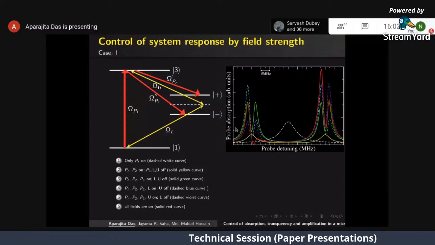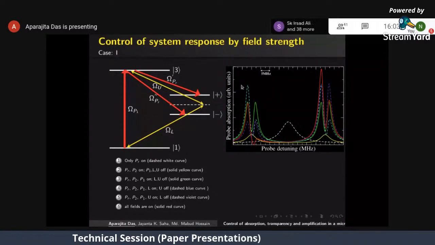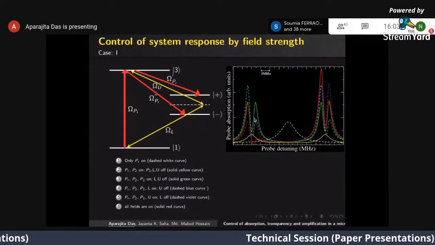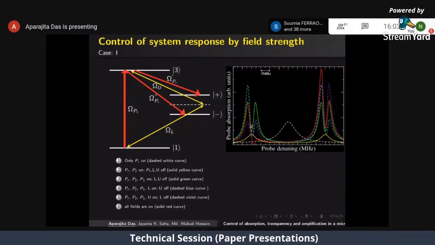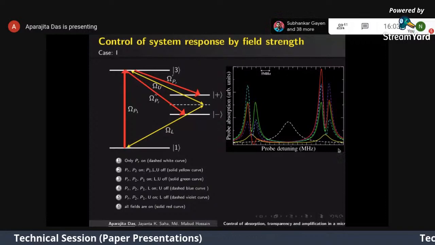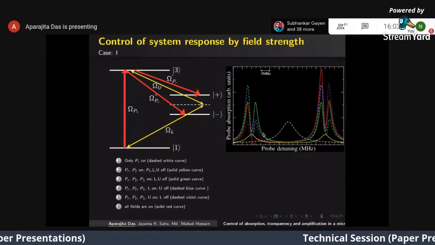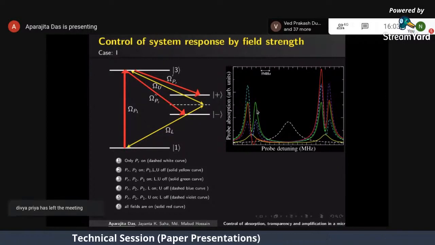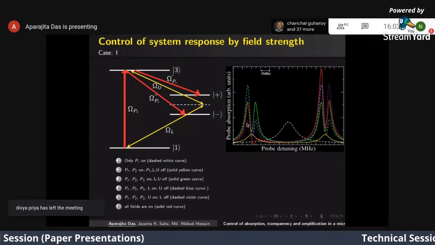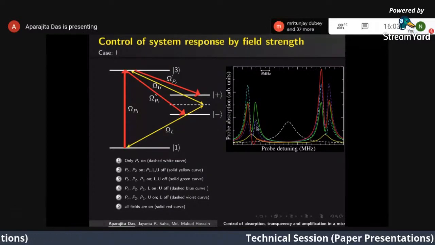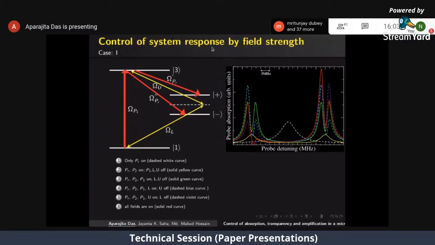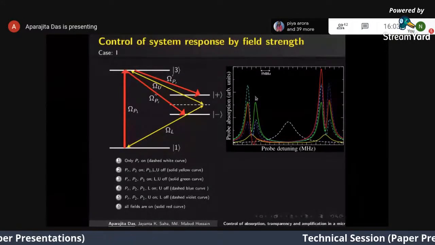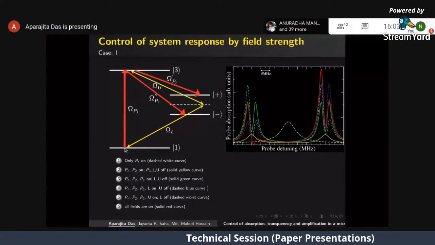Here we can see that these symmetric absorption peaks are getting changed. We get an asymmetric absorption peak pairs in both the detuning positions. We can say the reason behind this is, asymmetric absorption peak in terms of this dressed picture, where for this case, these two asymmetric absorption peaks are